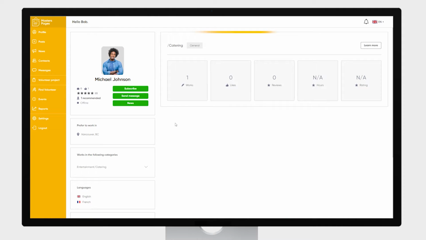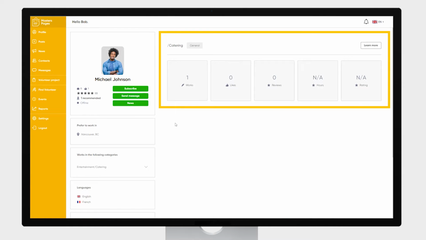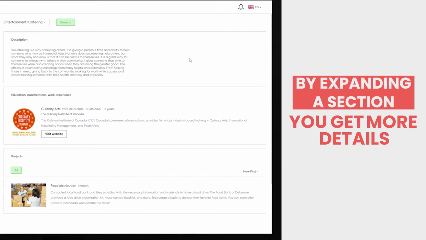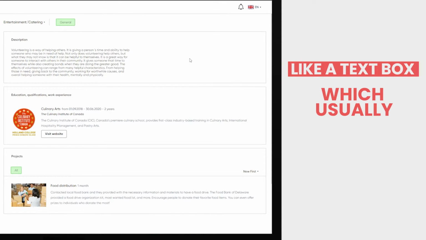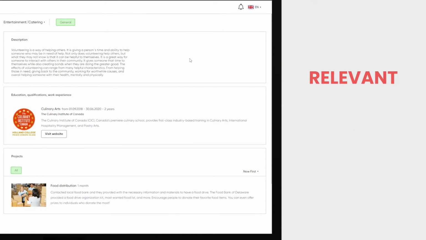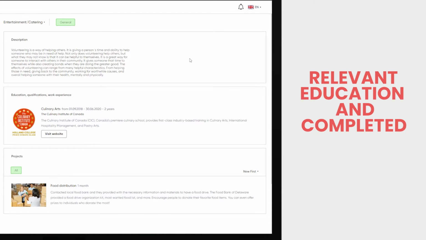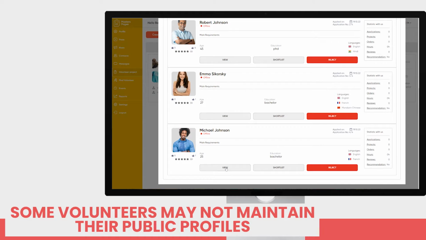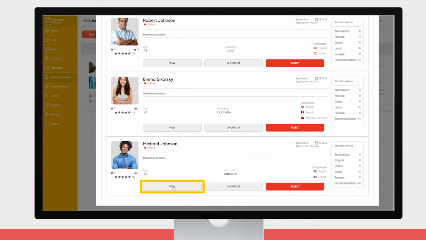On the right-hand side, you can see a candidate's statistics by professional category. By expanding a section, you get more details, like a text box, which usually contains a volunteer's pitch, relevant education, and completed projects. Some volunteers may not maintain their public profiles, so you can study their application by clicking on